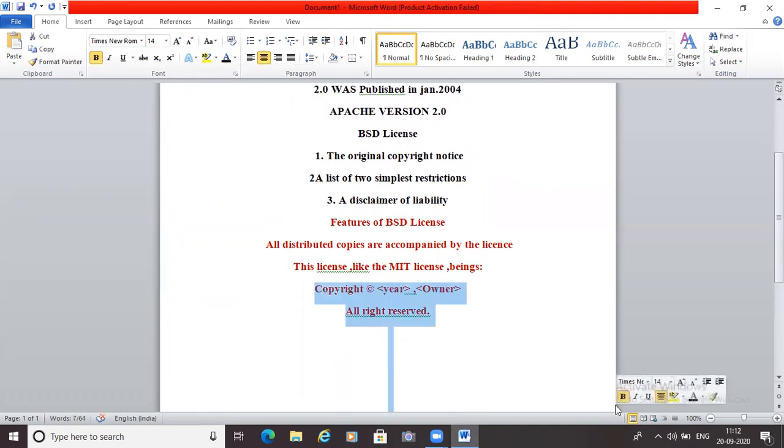Okay, the copyright notice and attribution are the same as MIT. It's like MIT. The license should have the actual year. मतलब license का बना actual year चाहिए of copyright